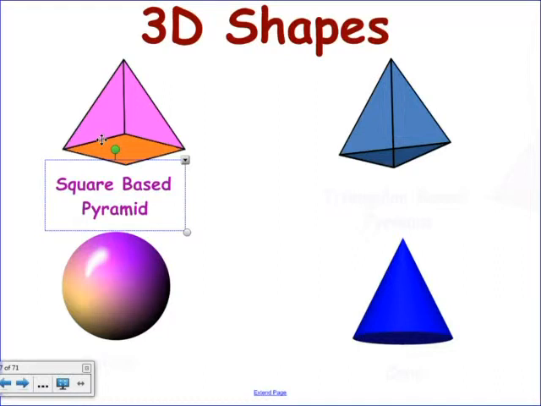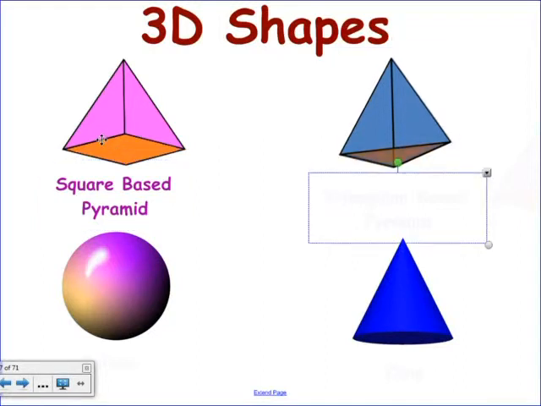Okay? Next one then. What have we got in the top right-hand corner? Yeah, so it's a triangle that meets at a point. So it's a triangular-based pyramid. Okay, lots of good stuff going on. Next one, bit of a doddle. It's a sphere. Circle. Yeah, all the way round, sphere. Don't drop that on the floor, it'll probably crack. Okay, and then finally,